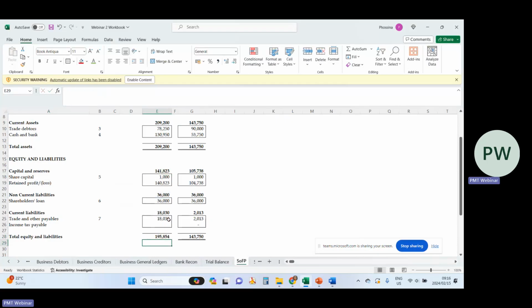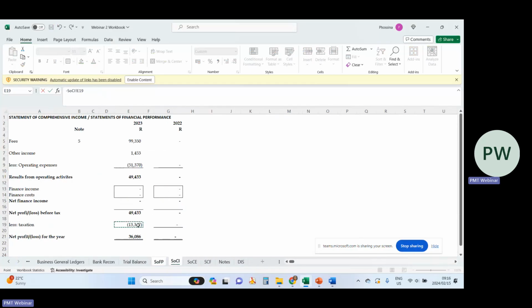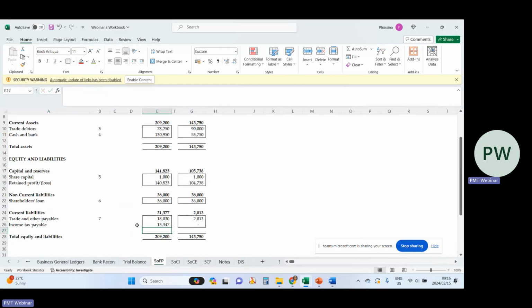Okay, and then that's our note 7, and here we should make sure that our formula adds up. And when it comes to income tax, we've worked it out in our statement of changes, which is this one. So that's what we pick. We are owing the taxman income tax. So if you look at our balance sheet,